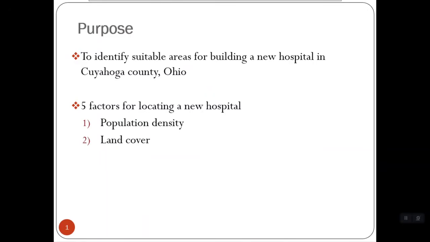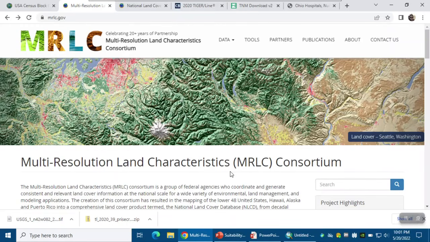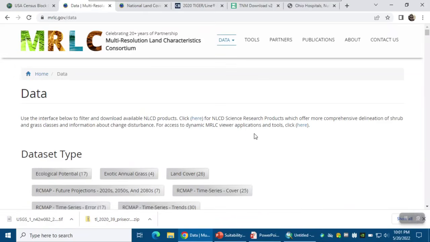The next factor is land cover type. And land cover can determine the cost of construction. For example, developed areas might be easy and suitable for building a new hospital, but wetlands or forests might not be suitable or expensive for building a new hospital. We have obtained land cover data from mrlc.gov, and in this website, if you click on data and then downloads, and here, if you scroll down,